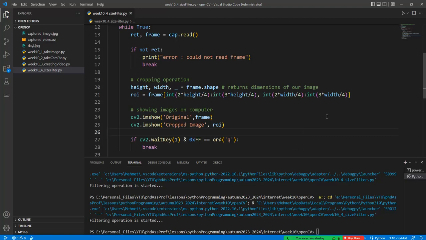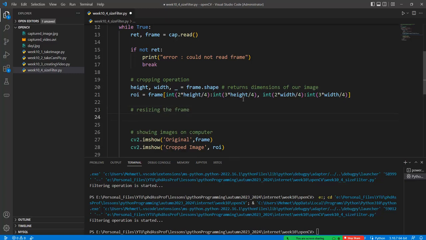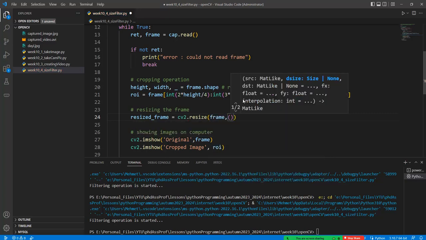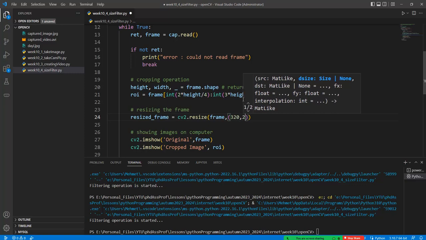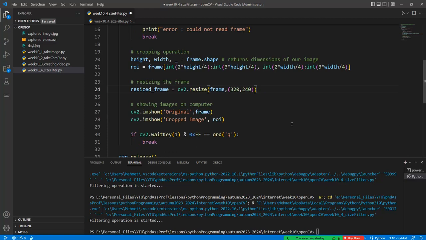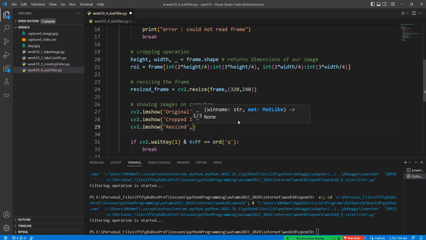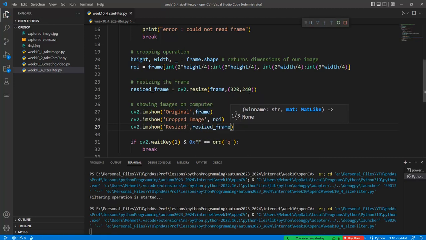Okay, so how about the other operation? We can resize the frame in here. How can we do that? Resized frame is equal to cv.resize frame, for example 320 and 240. Okay, and after that we can create another cv2.imshow function like this one, resized, and we should give the resized frame. Okay, and so if I rerun this code